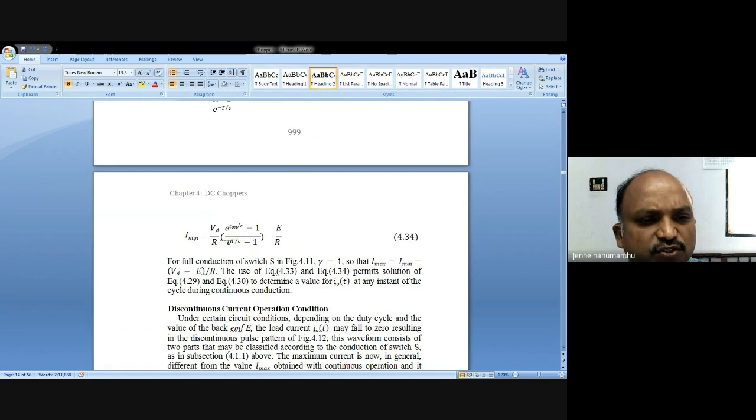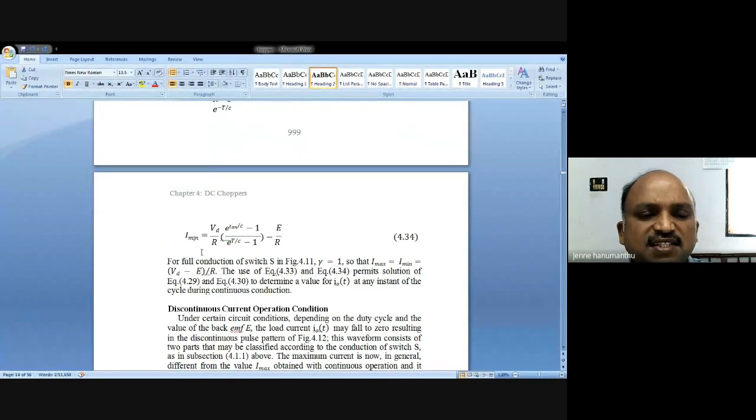For full conduction of switch S, that means gamma equals 1, Imax equals Imin equals Vd minus E by R. Using the above equations, find the solution to determine I naught of t at any instant of the cycle during continuous conduction.